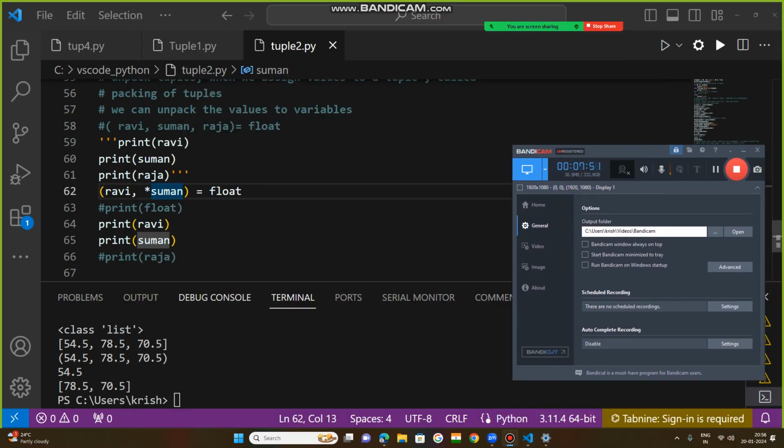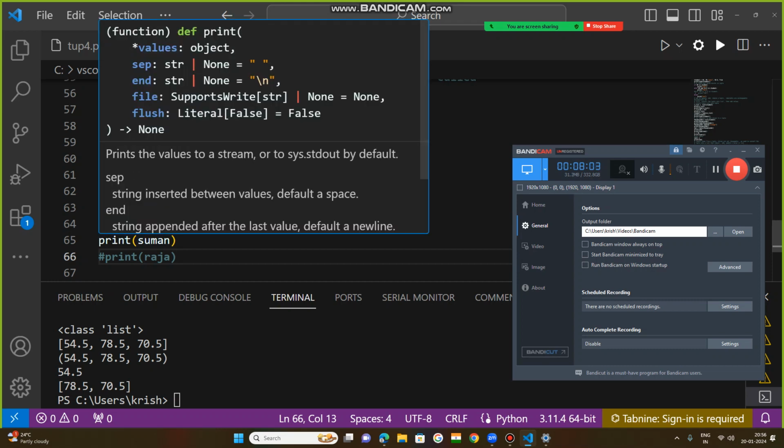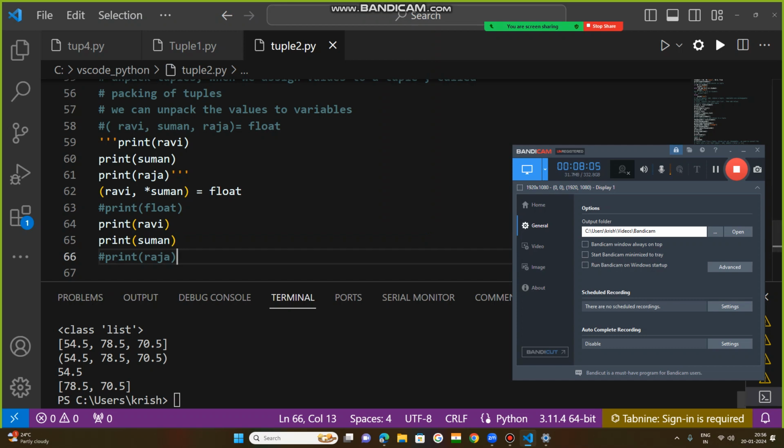While you are unpacking, you need to create equal variables as per the values. If three values are there, you need three variables, but if I have provided only two variables, you keep an asterisk at the end of the last variable, and the remaining values will be assigned to that variable. There is one more way, if you provide the star